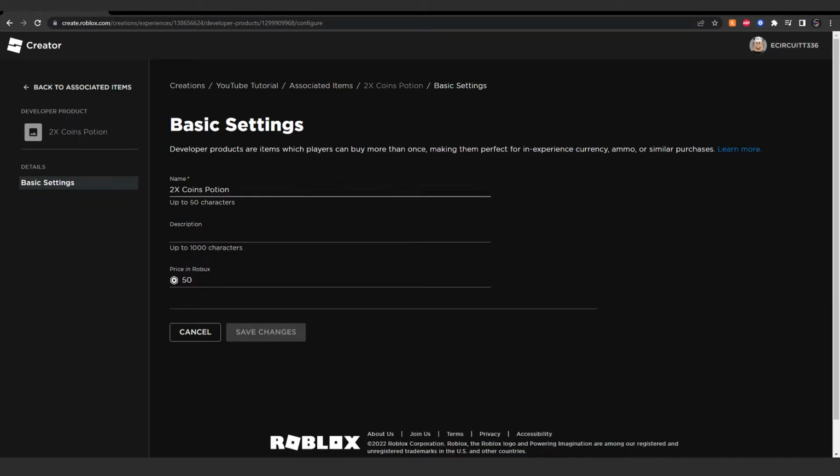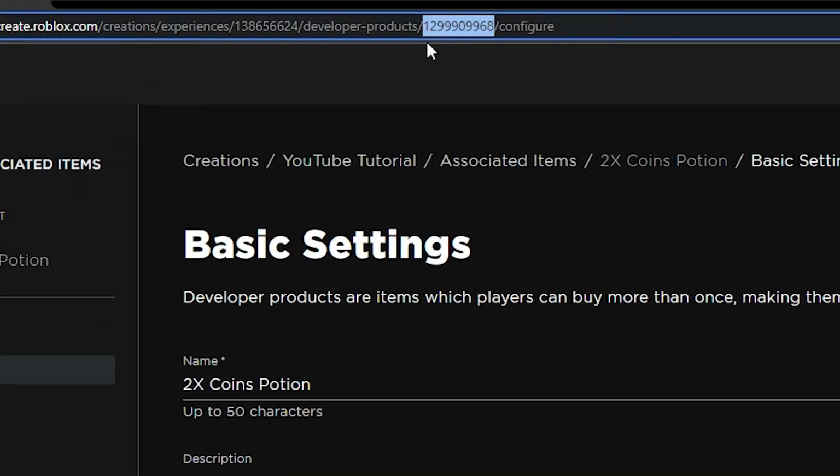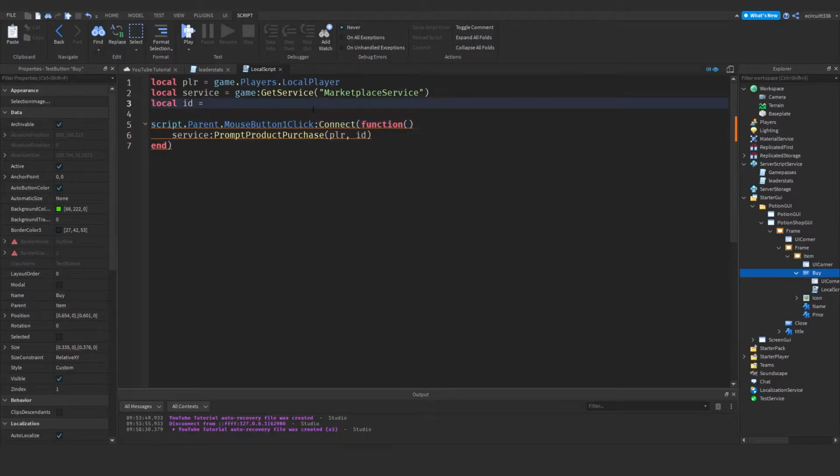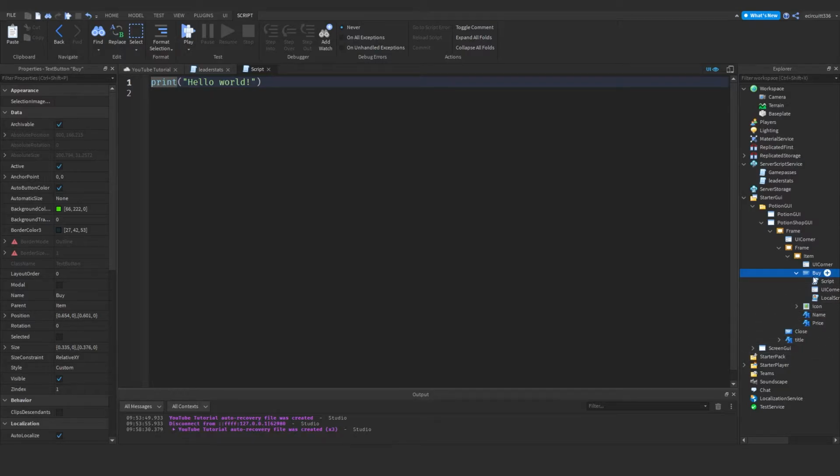Okay, once we go on our potion, what we want to do is up in the URL. So we want to click our potion or our game pass and go up to the second ID in the URL and copy that. Now we're going to, where we've got this local ID equals, we're going to paste in our ID there. Now we're going to add in a script into this buy, and we're going to clear this hello world, and we need to say